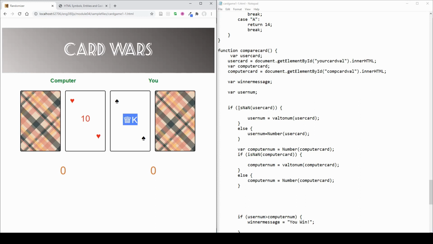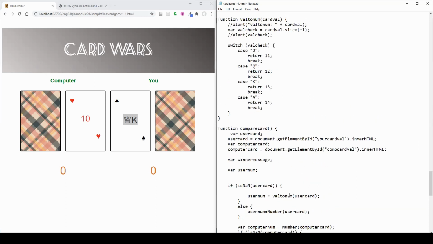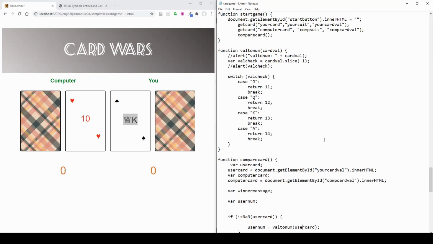So I am using a function called isNaN, and it just returns a true or false based on whether or not it's getting the NaN error. What this is saying is, if isNaN comes back as true, then do this thing. Otherwise, we just convert that string to a number like we originally did. The thing it's going to do is a new function that I wrote, doing the same thing here with the computer number and the user number. The function that I wrote is val2num,